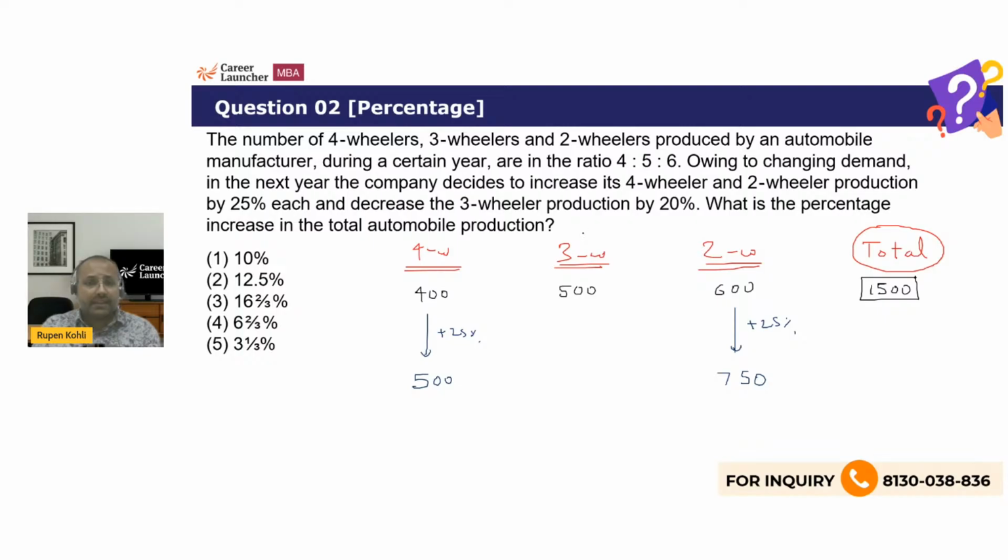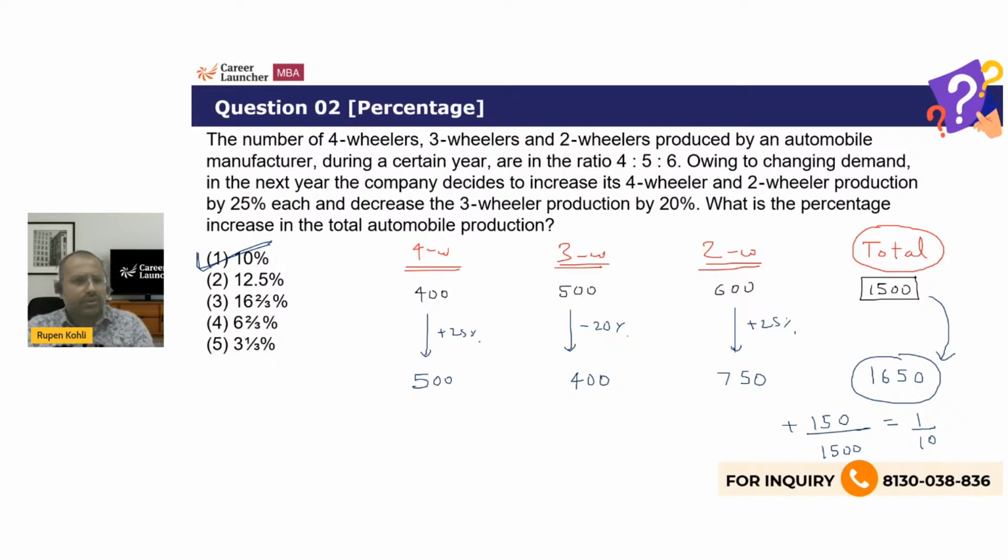And the three wheeler will drop by 20%. Again, very simple. 20% means one fifth of 500, so it drops by 100. So 500 will go to 400. 5 and 4, 900, 9 and 750, 1650. So that's an increase of 150. 150 is the net increase on the base of 1500. So 1/10 or 10% is the